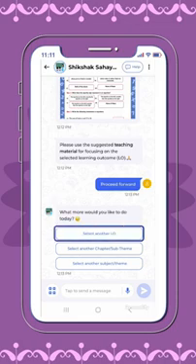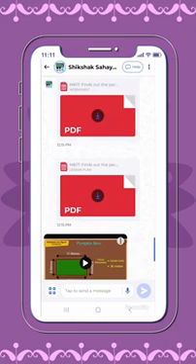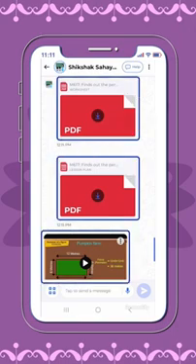Simply select another learning outcome from the same chapter, choose a different chapter, switch to another subject, or even select a different class. With the Shikshak Sahayak chatbot, you can access remedial resources according to the needs of your classroom.